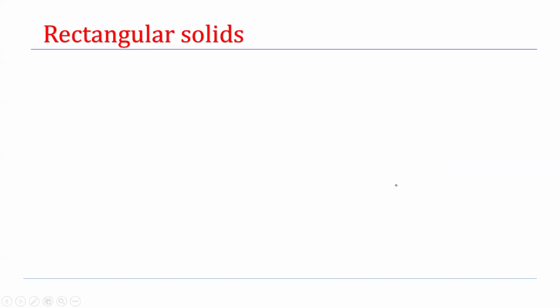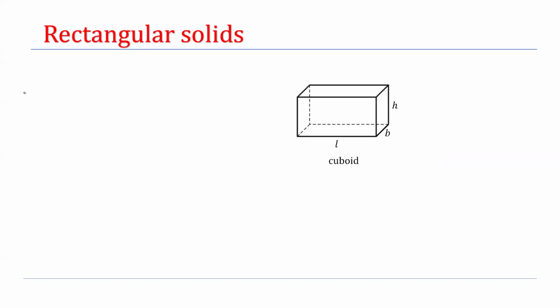Okay, rectangular solids. So this is a cuboid, right? Do you agree with me? Yes. What is the volume of the cuboid? Do you have an idea? Sir, height into width into length, sir. Yeah, length into breadth is the area of this base, right? This base has area length into breadth. And we added one more dimension, right? So volume will become length into breadth into height. Do you understand this? Yes, sir. Next,